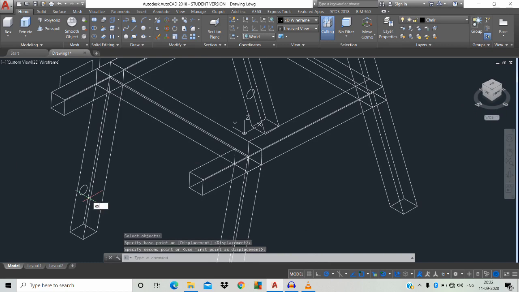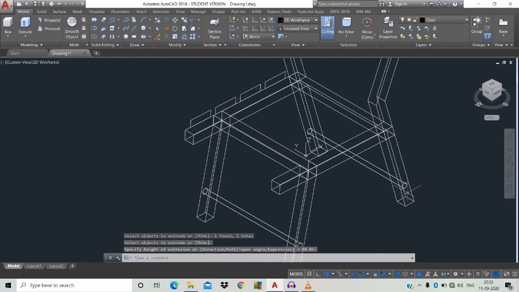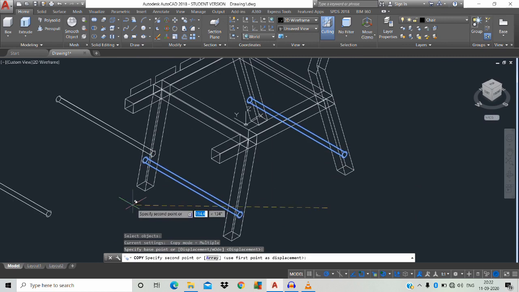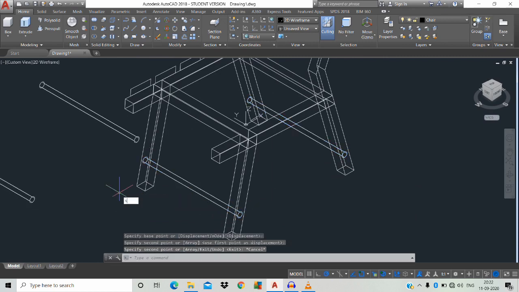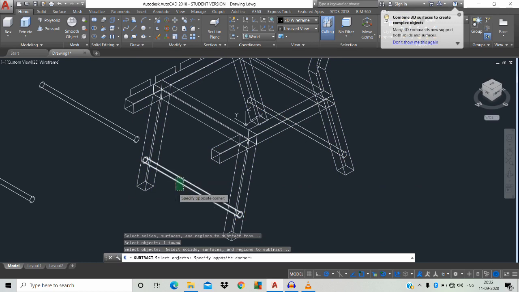EXT space, this is our first point and this is our second point space, we're gonna place it over here. Okay, same CO space, just click the object, same space, left click, move towards a specific direction, then SUB space, click the object space, click first one and second one space.